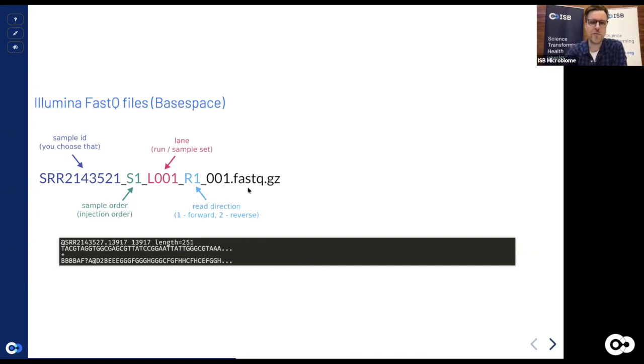It's a compressed version of something called a FASTQ file. A FASTQ file basically means FASTA plus quality scores, and FASTA is basically just a way to save sequences. It usually could look, for instance, like this. That's actually one part of the file, what it would look like. So you get an @ followed by the